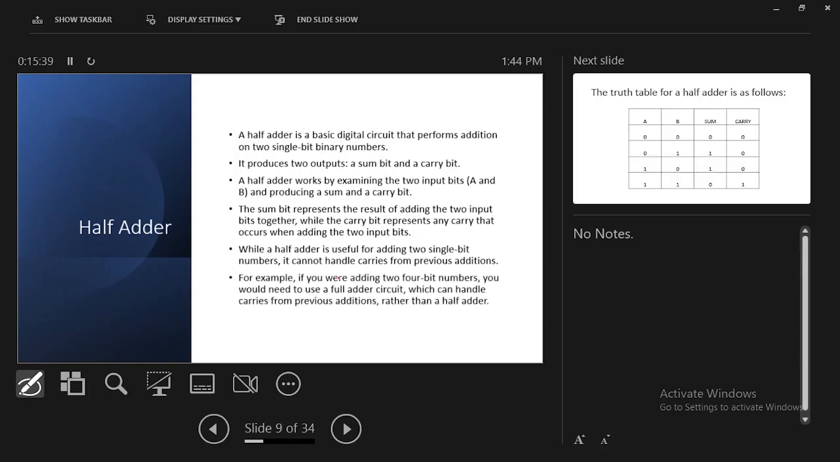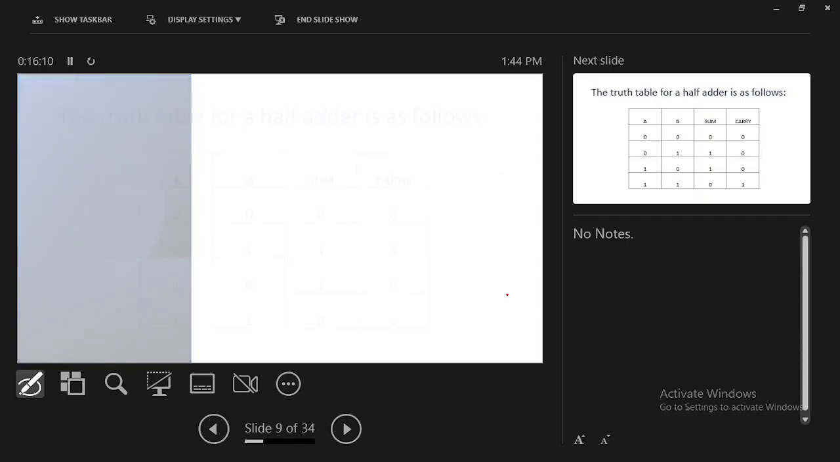For example, if you have two 4-bit numbers, you would need to use a full adder circuitry which can handle carries from the previous addition rather than a half adder. If we have only two values, then no worries at all, we can manage using a half adder without any problem. But if expanded a bit more, we want an additional layer for handling a carry bit. Still, it might be confusing, but I will show you the truth table of this